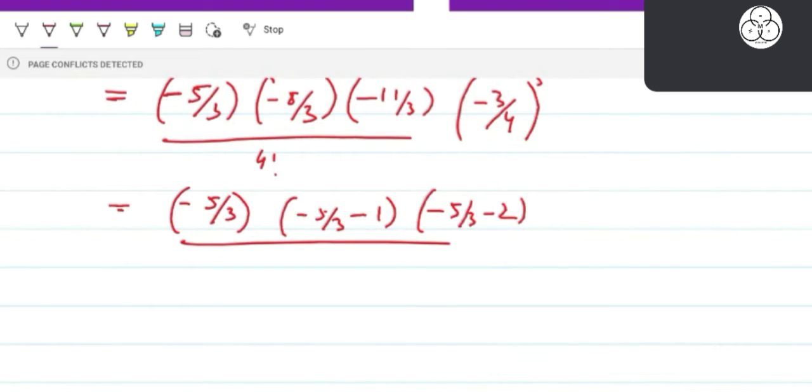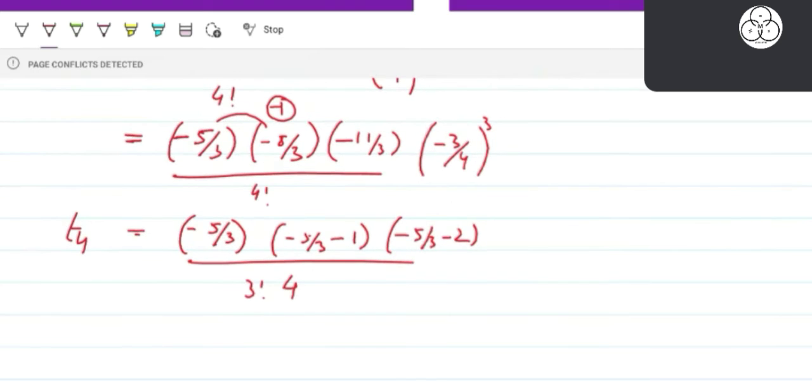Now since this is the 4th term, we'll write it as 3 factorial into 4. Why are we writing 3 factorial into 4? Because the power is 3, right? And for the binomial, that is our target here,